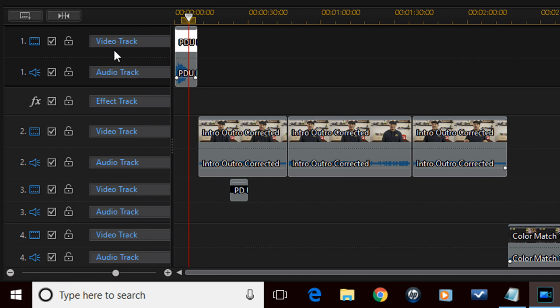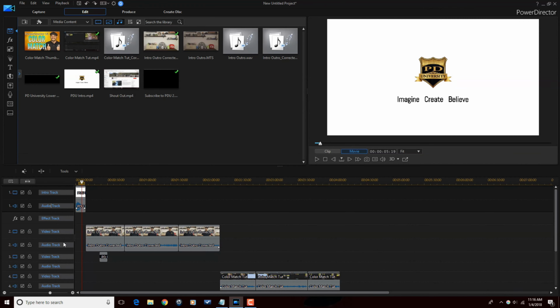So this is really helpful because it allows you to easily identify what types of assets are on each track. So for instance, I might call this one my intro track, and I might call this the intro audio track, and then I might call the next one the Malik track because it has me on it or whatever. It just really helps me be able to identify what assets are on each track. And as I go and I add assets, I can go here and I can update the track names.